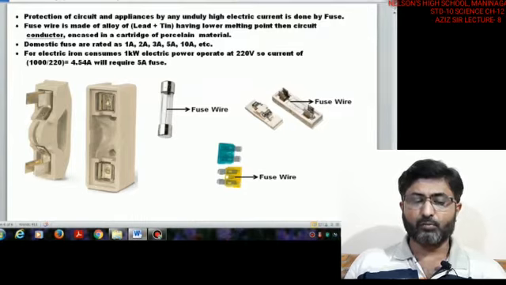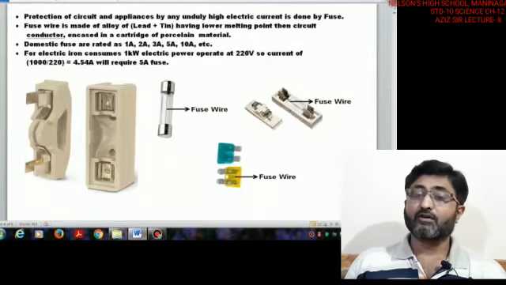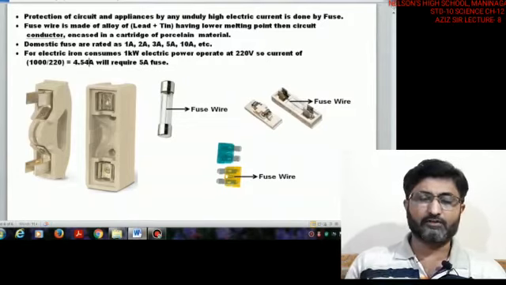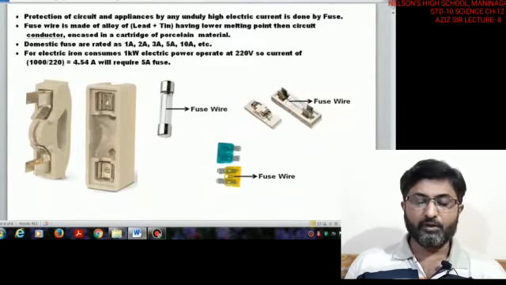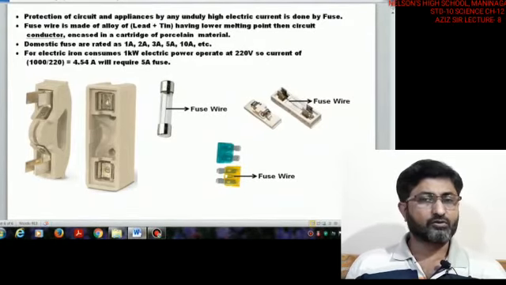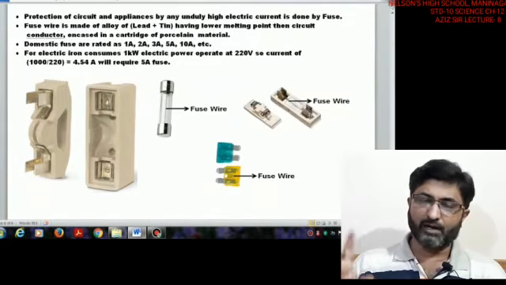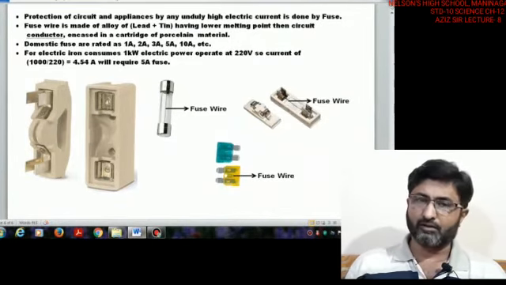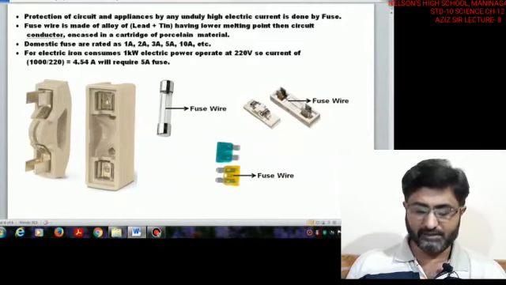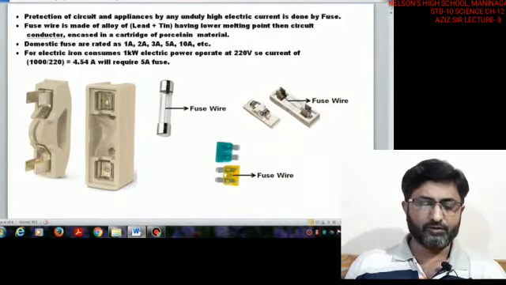So 4.54, so we need to keep a 5 ampere fuse, because more than 5 ampere it will not allow, because it will damage the iron. So no need for damaging the iron, it will melt down and we can reapply another fuse if the fluctuation is there inside it. Fine. So we have learned about the fuse also.